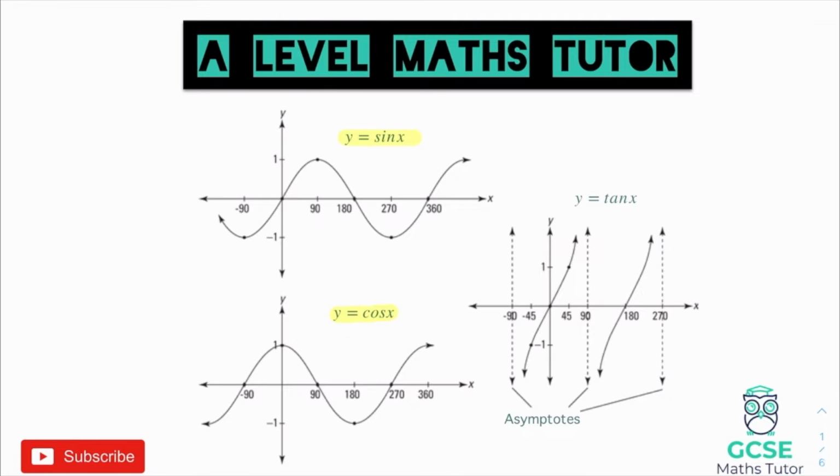The tan graph is very different. It does have these waves, and as you can see there are asymptotes at minus 90 and 90, and then each asymptote follows on every 180 degrees, and again that is to the right and to the left of these curves. So you do need to know these graphs, you need to be able to draw basic sketches of them,